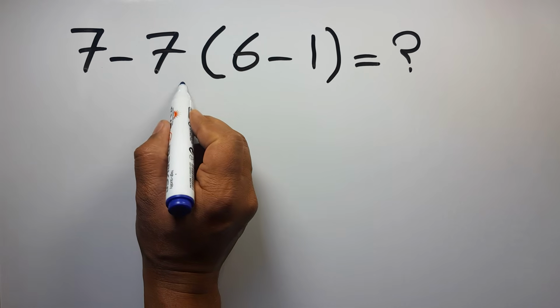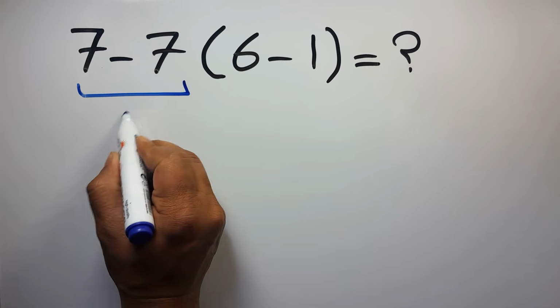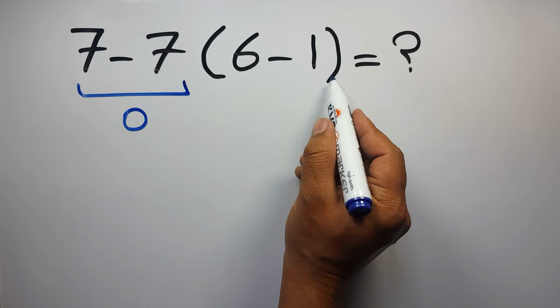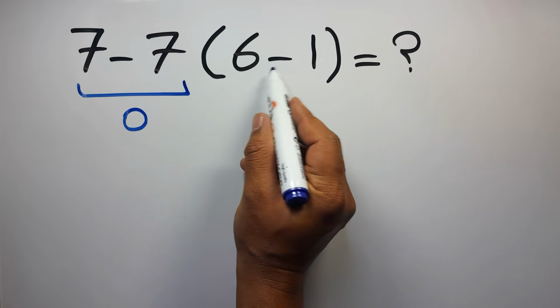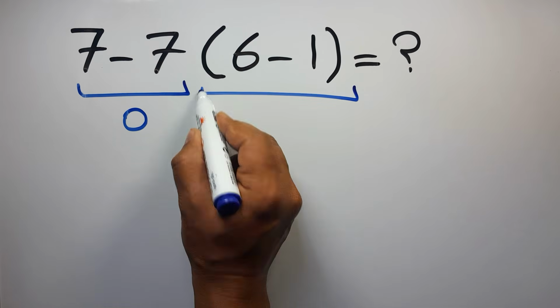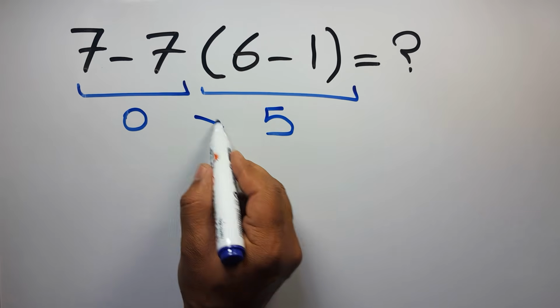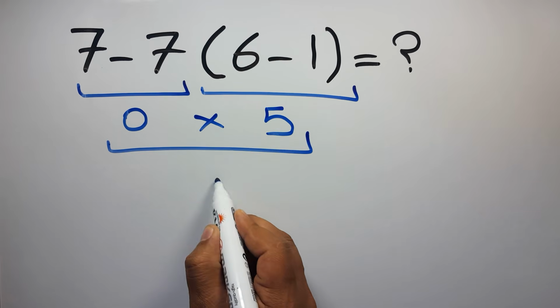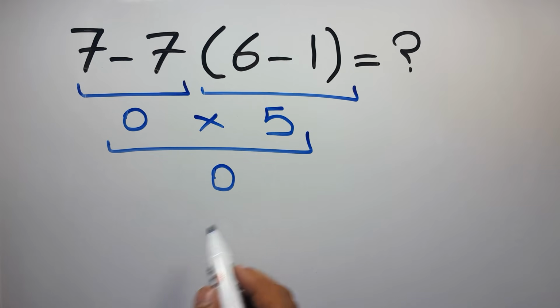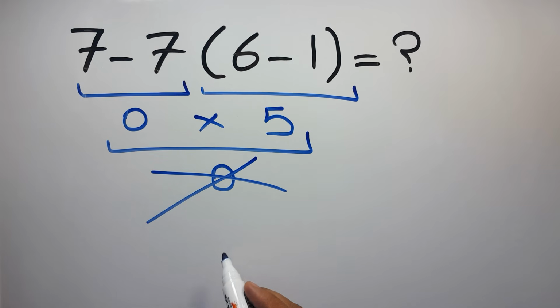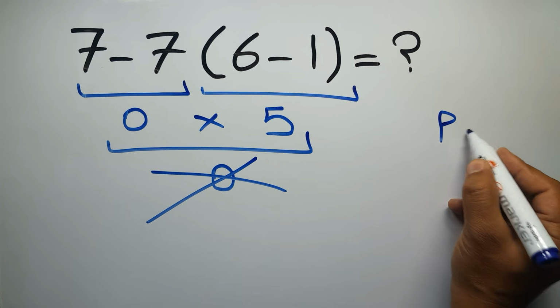7 minus 7 gives us 0. And here inside this parenthesis, we have 6 minus 1, which gives us 5. So 0 times 5 is just 0. But this answer is not correct because according to the order of operations, which is PEMDAS,